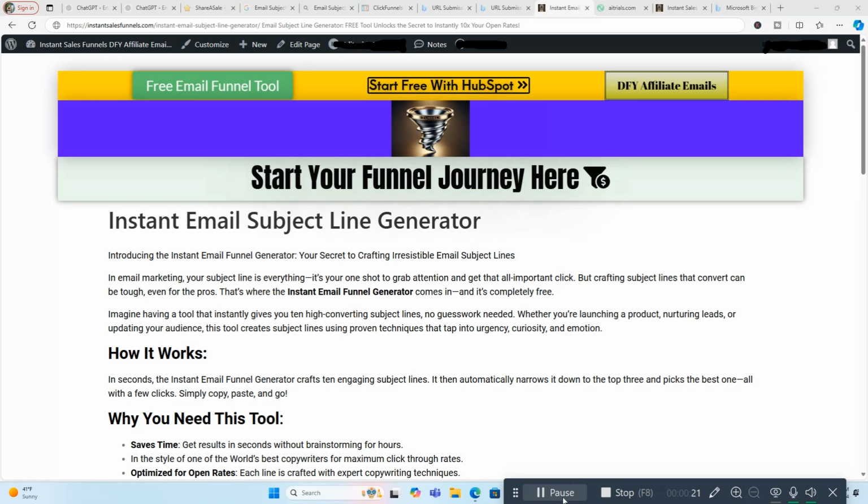And these aren't going to be any old headlines. They're going to be very good headlines. I use a prompt that I put together in the style of one of the world's best copywriters, so that it's maximized for conversions and open rates. So what this is going to do, introducing the instant email funnel generator, your secret to crafting irresistible email subject